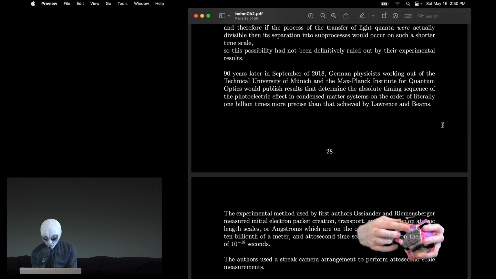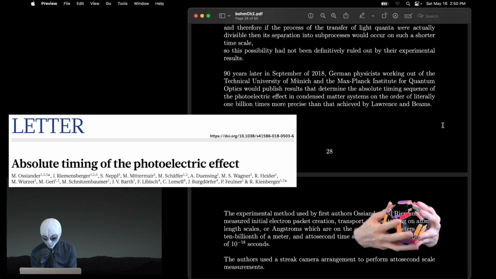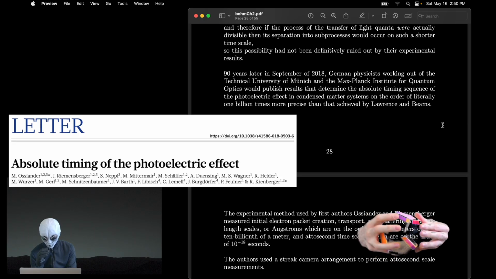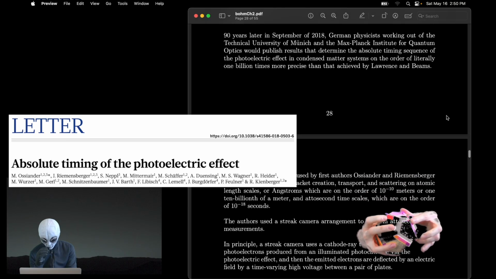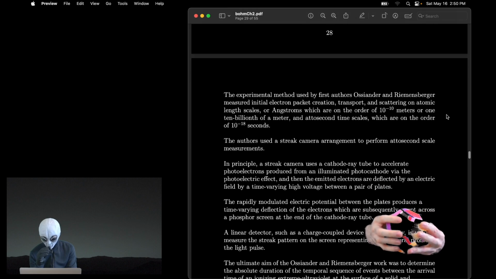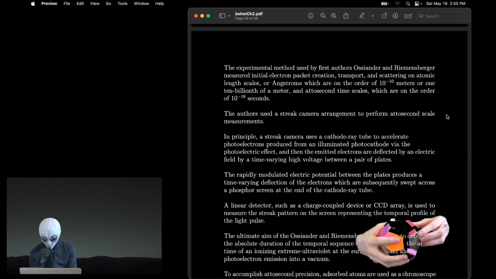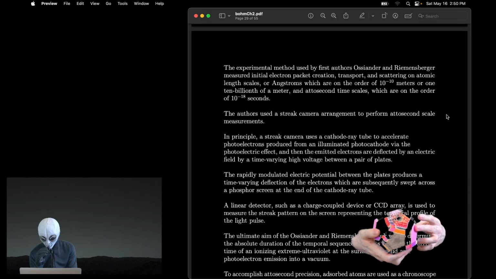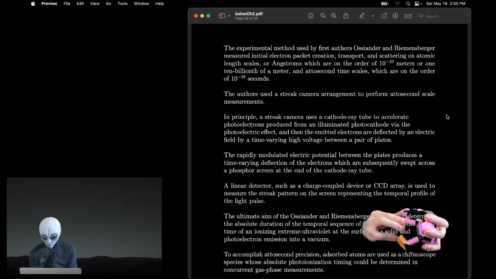90 years later, in September of 2018, German physicists working out of the Technical University of Munich and the Max Planck Institute for Quantum Optics had published results that determined the absolute timing sequence of the photoelectric effect in condensed matter systems on the order of literally 1 billion times more precise than that achieved by Lorentz and Bohm. The experimental method used by first authors Ossiander and Riemensberger measured initial electron packet creation, transport, and scattering on atomic length scales, or angstroms, which are on the order of 10 to the negative 10 meters, or 1/10 billionth of a meter, and attosecond time scales, which are on the order of 10 to the